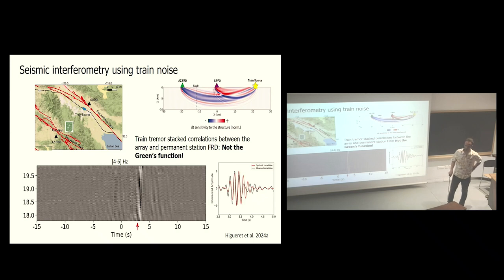we again thought of using this source as a repeating source of noise that can be used for seismic interferometry and for monitoring, because this type of signal can be observed both on the array, but also at many stations across the faults. So we computed the cross correlation between this array data and the station, and this is what came up from the cross correlation, the causal side and acausal side. So this is the individual array node cross correlated with FRD. That's why you have a range of distance here, and you see a clear propagation of a wave around 5 Hertz, which has a moveout of 6 kilometers per second, which is expected